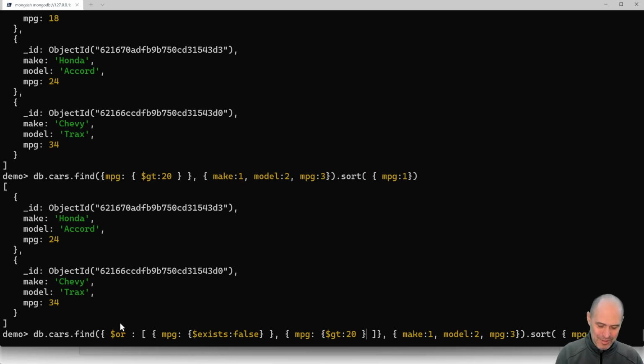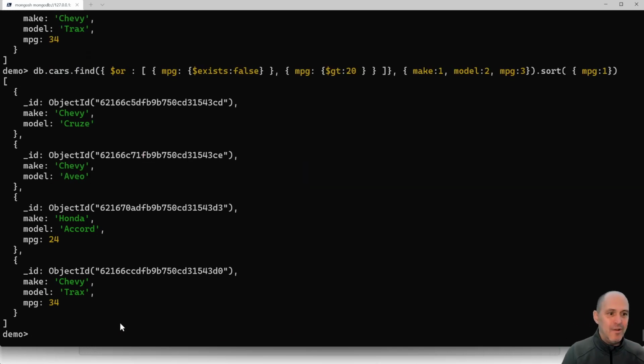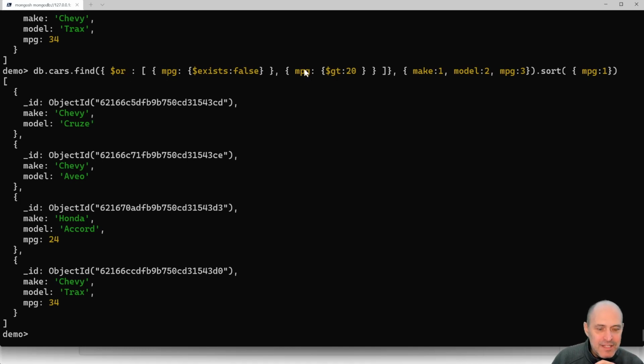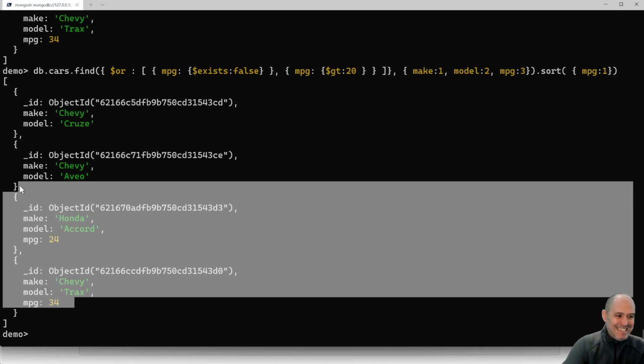I think I need one more curly brace there. Yeah. Hope to God this works. Okay, it did work. Wow, I am good. So you either do not have the MPG key, or if you do have the MPG key, it's greater than 20. That shows you how you can make some pretty damn complicated queries in